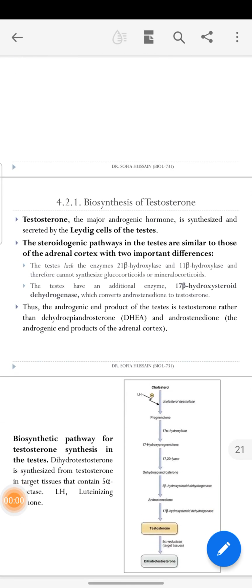Testosterone is the major hormone, produced by Leydig cells in the testes, and 17 hydroxysteroid dehydrogenase acts on it and converts it into DHEA and